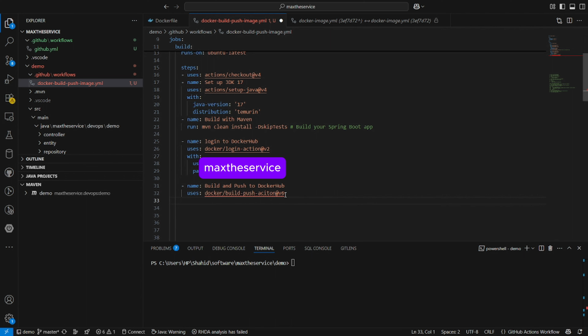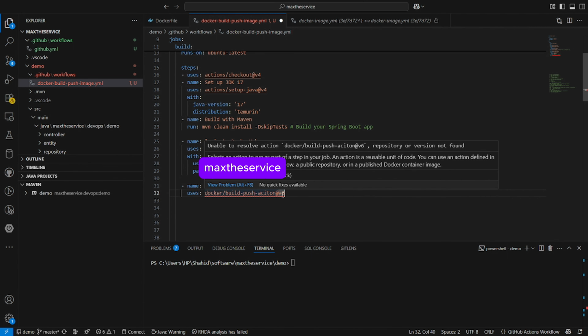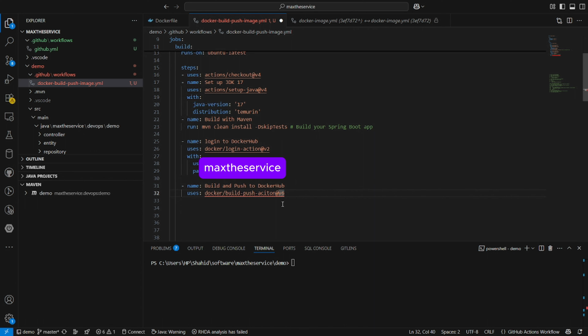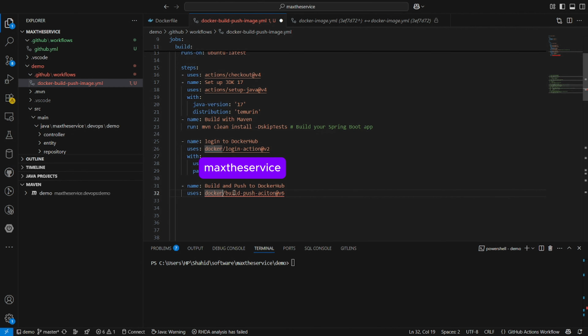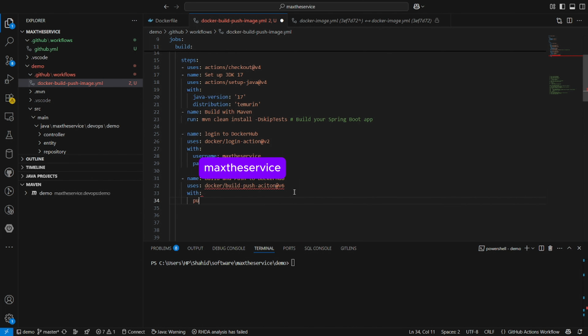Here is a mistake: it should be docker build push action, docker build push action. Now is the with. We will write push, which should be true, and